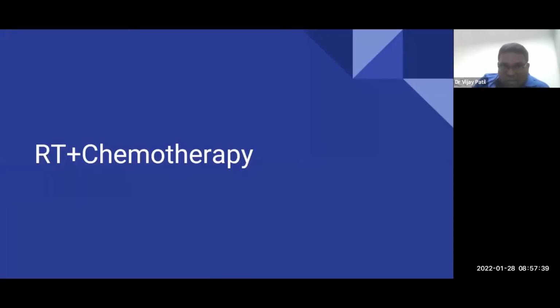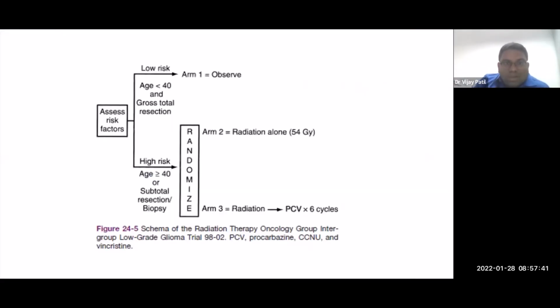Now we come down to the RT plus chemotherapy, and then we come down to this. So this is the group we have discussed completely. Low risk, age greater than 40, gross total resection has been done. If it's an astrocytoma histology, you would say RT or temozolomide. If it's a non-astrocytoma histology, you have the option of observation. But if you feel that the patient is not a good follow-up candidate, RT or temozolomide can be given even